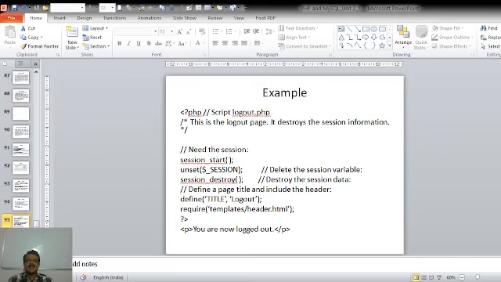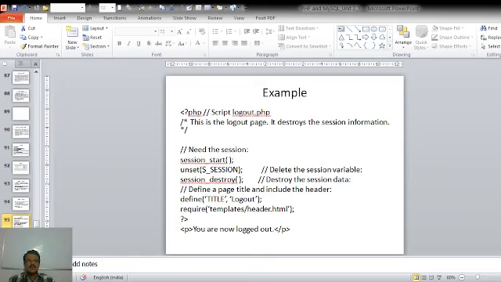After that, we will again define the page title and include the header file, and we are printing a message that you are now logged out of this website. This is just a part of a script. The entire script is given in the notes.